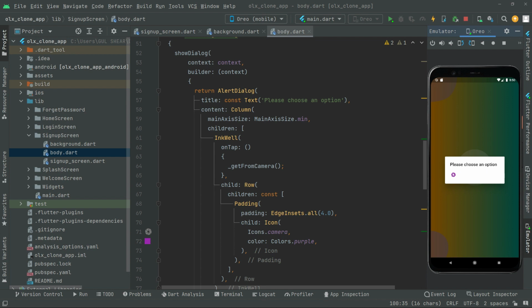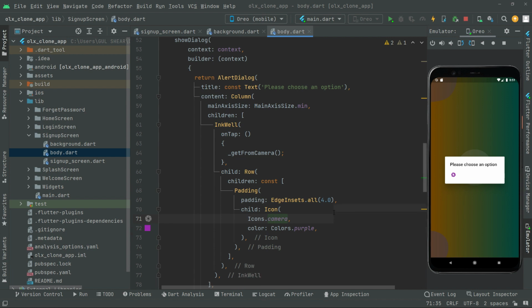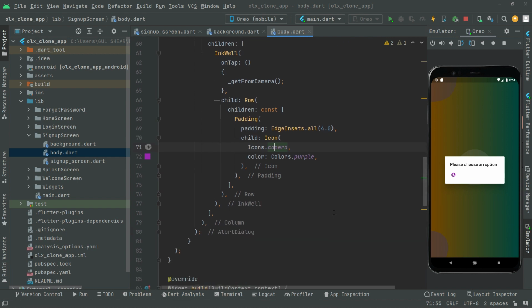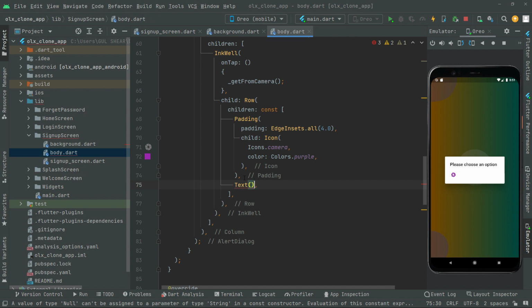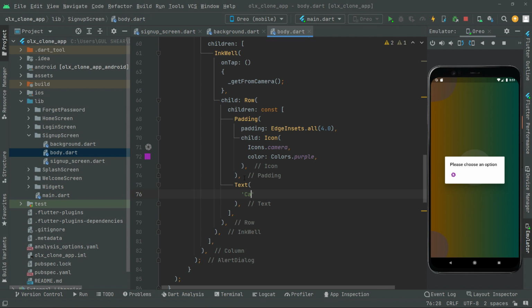As you guys can see, that title, okay, the text in here, and there is the icon, and you guys can see that in here. Okay, now we will provide the text also with this icon. There is going to be that camera text. So for that, what I'll do, below this padding in here, let's have the text widget and write it and comma, take this down in here. You will say camera,